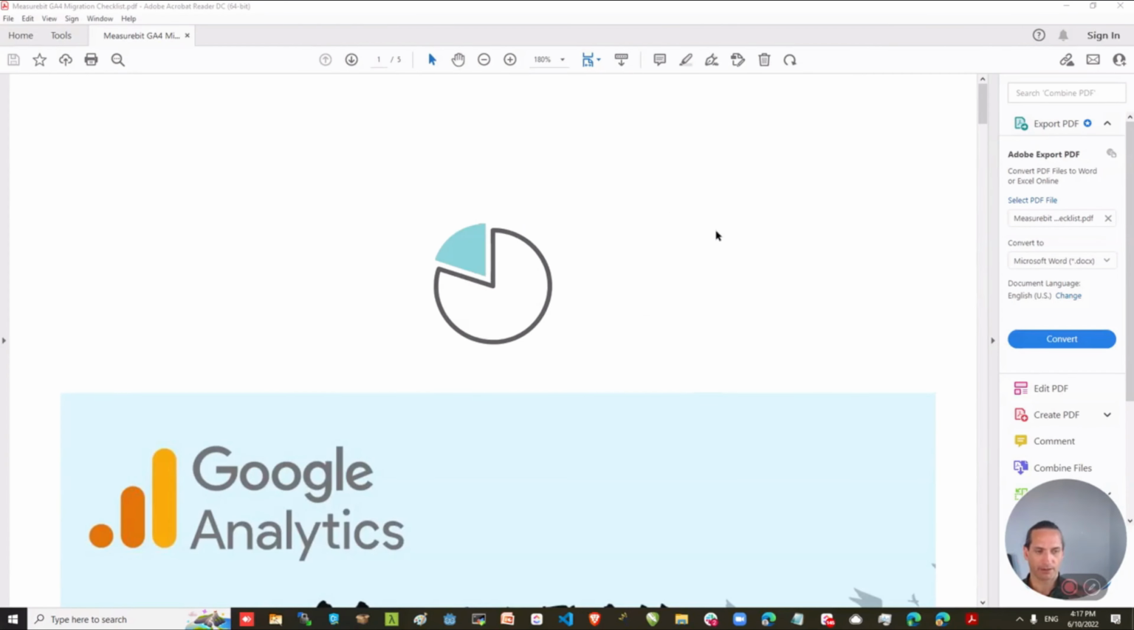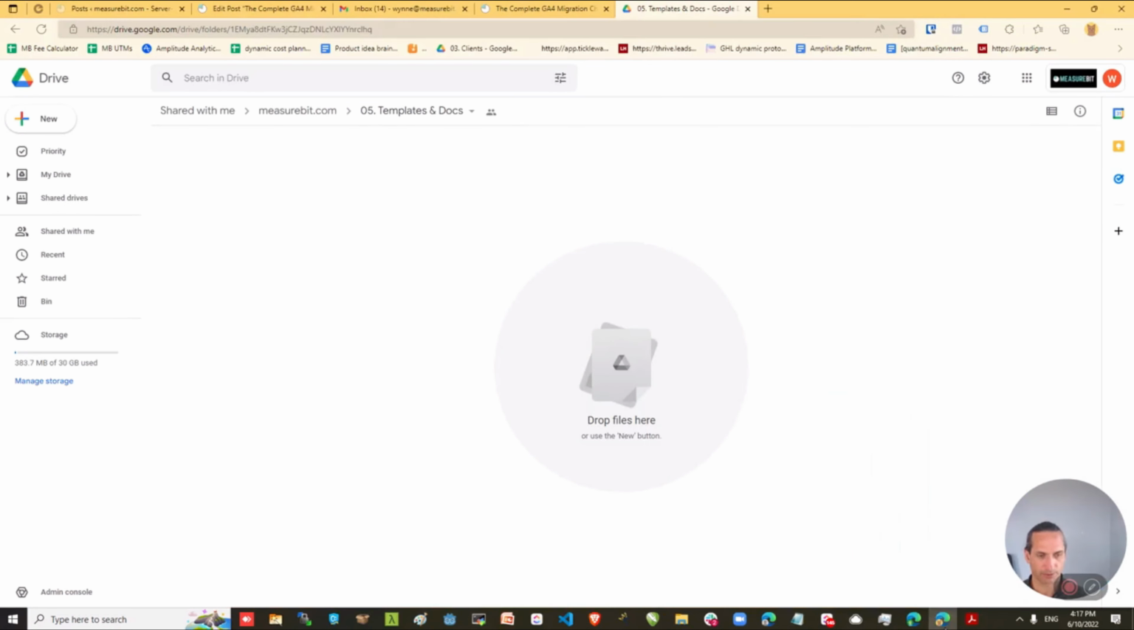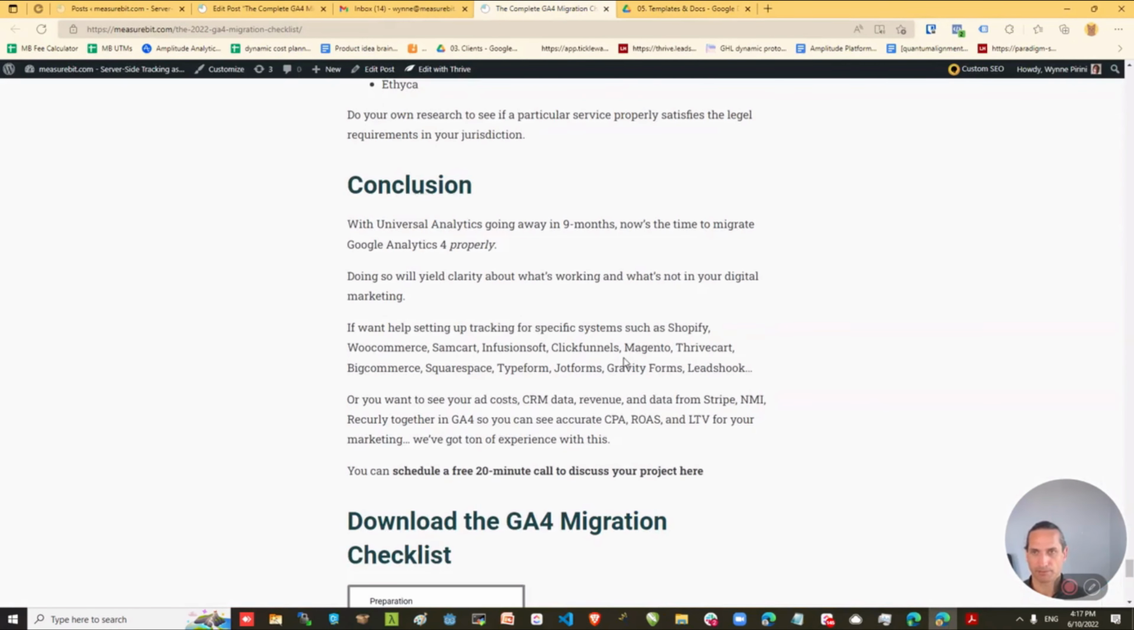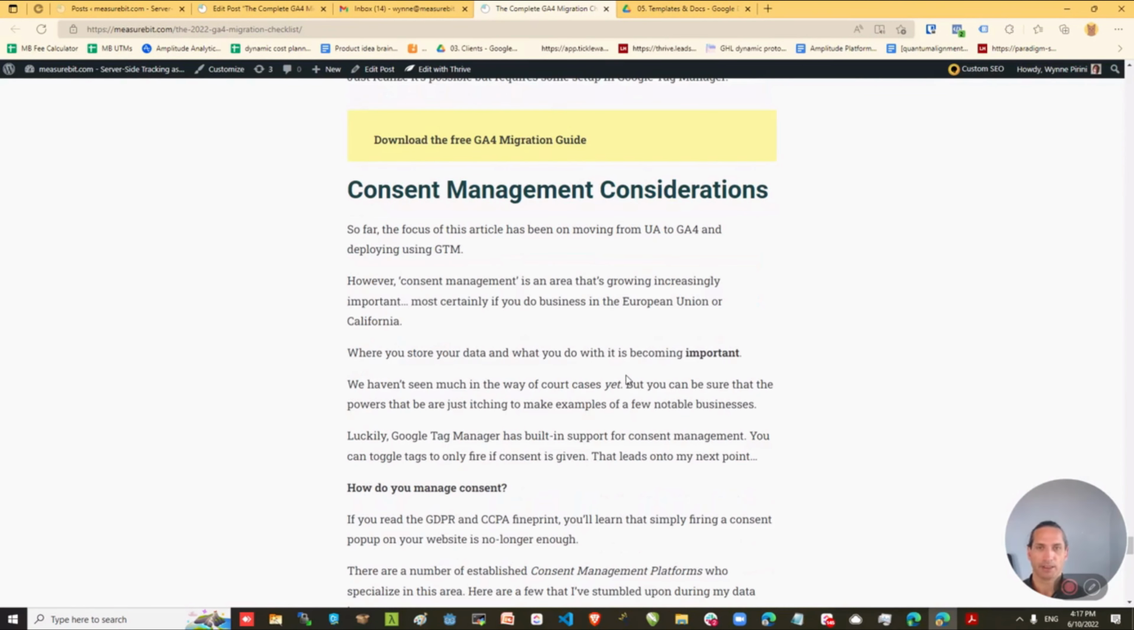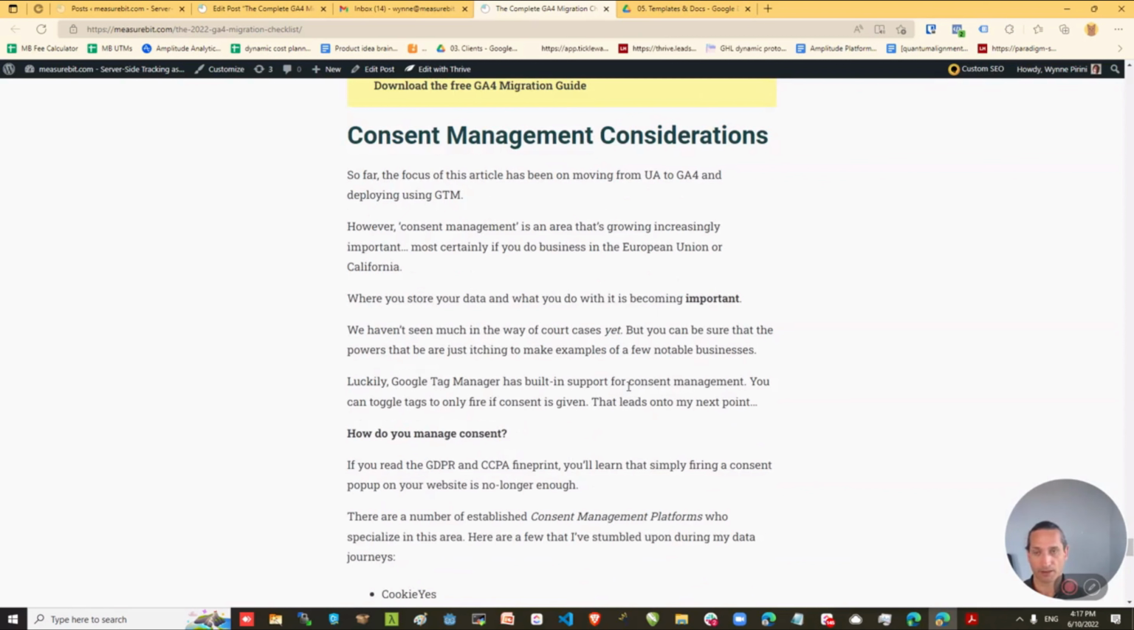So far we've gone into setting up the Google Analytics 4. We've also looked at using Google Tag Manager to deploy the system. Also in the article I want to point you to in the link below, we do get into talking about consent management, which will become increasingly important over the coming months. We're not seeing much about it now, but with GDPR and CCPA, the way you collect data, what you do with it, where you store it is becoming important,